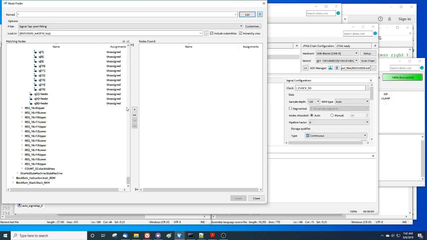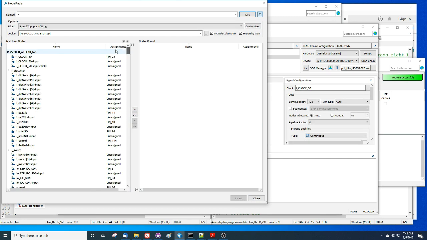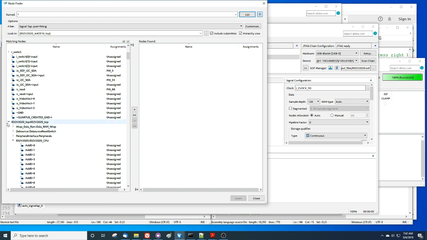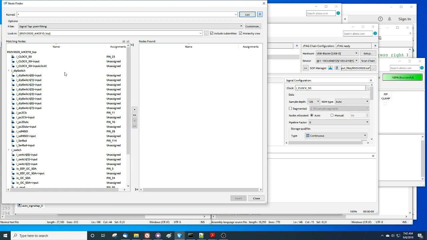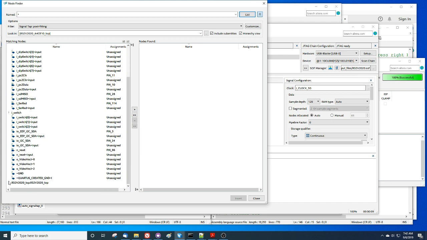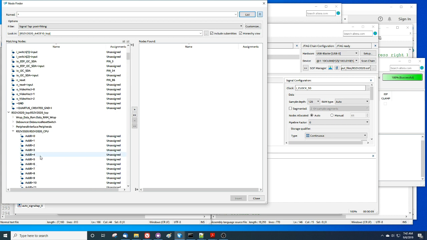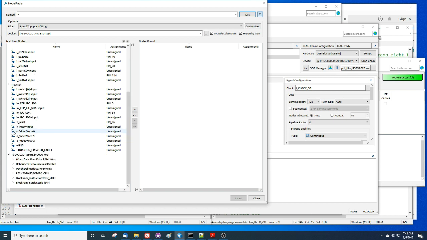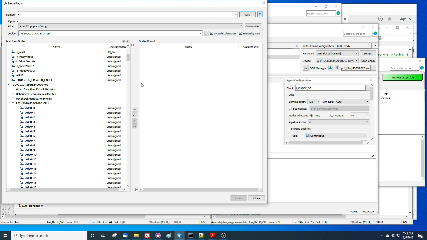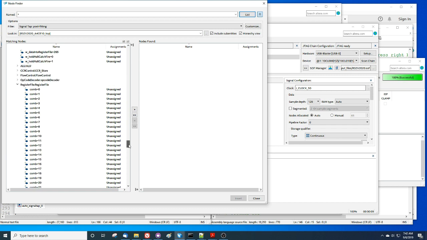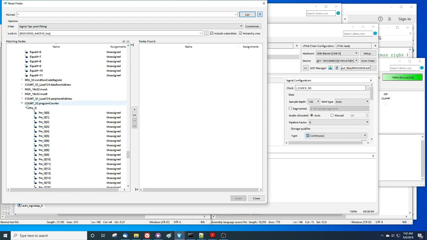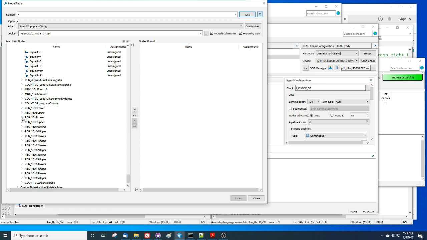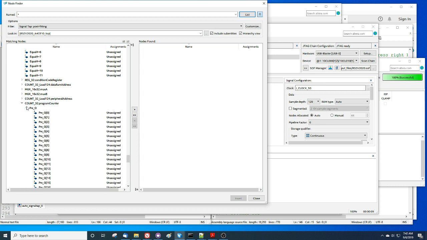In this particular file, let's collapse it all down so we can take a look at what it looks like. It's got all the I/O pins, so you can select any of those, and it's got the RISC core itself with the peripherals. So if I want to debug, oftentimes I'll go into the CPU core part and scroll all the way down, because it puts all the combinatorial stuff up higher, and then I'll select things that I want to look at. Like, for instance, if I want to look at the program counter, I'll select the program counter, and